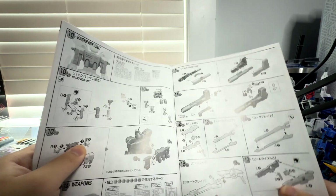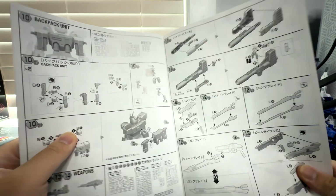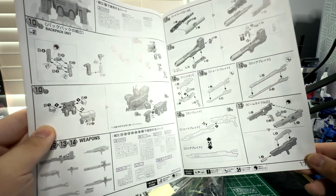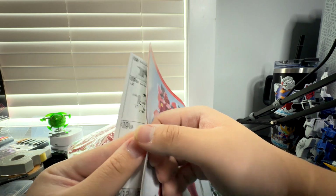Unfortunately, while there is going to be some layering, it does seem like it is going to be largely two halves sandwiched together, so that will probably lead to a fairly nasty seam line running down the middle of the whole weapon. Then you get into the beam pistol, or beam handgun, whatever it's called, serving as the base for the gun blade, and then you build both of your blades, the short and long type, mount the blade, talking about building the other beam rifles, the Ko, I think, I don't exactly remember which is which, and